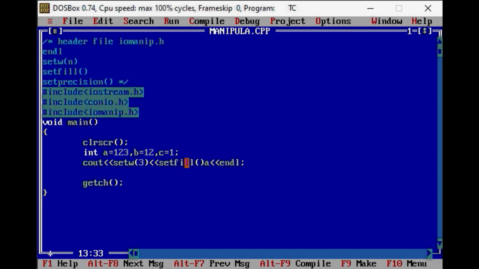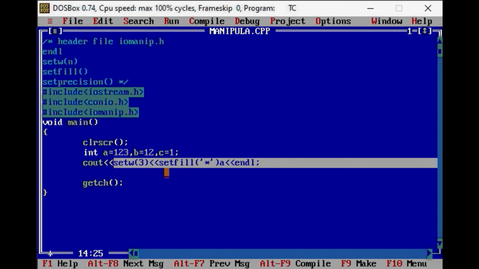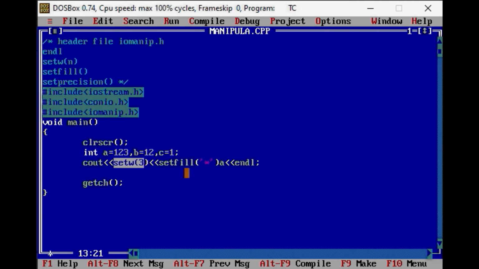And I am going to write a particular character, suppose star. So here in the setfill manipulator, in the brackets we specify the character that fills the unfilled space. The blank space that is left when we have used the setw manipulator will be filled by the character specified by the setfill manipulator.